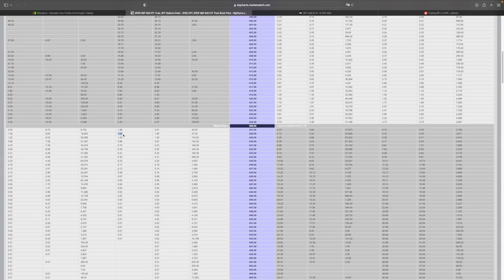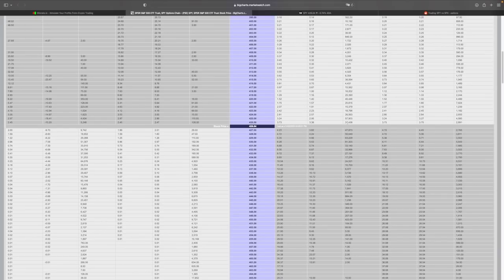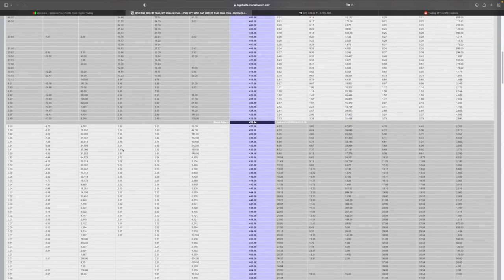That's really great, because let's say you get stopped out because of a level and you're keeping a trailing stop loss. You don't have to worry about a bad spread or much lower bids than the ask. Also look at the volume here: 18,000, 26,000, and this is even before the day has come. On the day we'll have more volume, 51,000 contracts for calls, and similarly for puts. So it's very high volume, you can get in and out very easily, and it's a highly liquid chain.